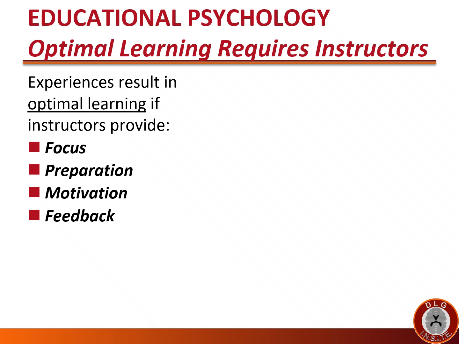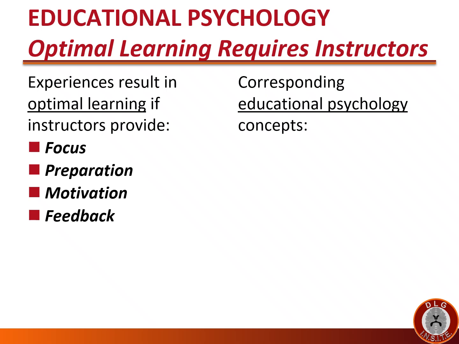As we discussed in Medical Education Principles Lesson 1, the neuroscience of learning, optimal learning by trainees requires instructors. Furthermore, experiences by the trainees result in optimal learning if the instructors provide focus, preparation, motivation, and feedback. The educational psychology concepts that correspond to these 4 essential components of trainee learning are